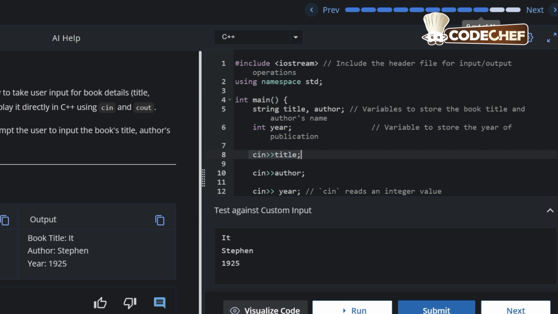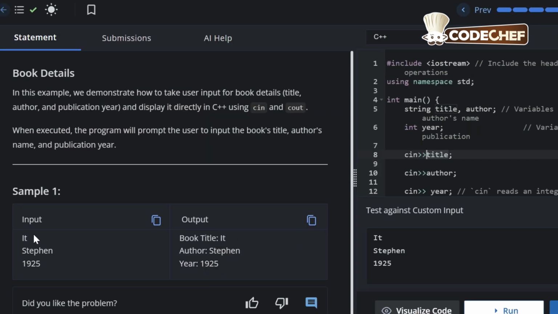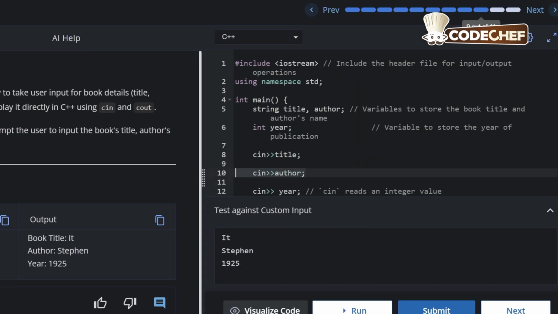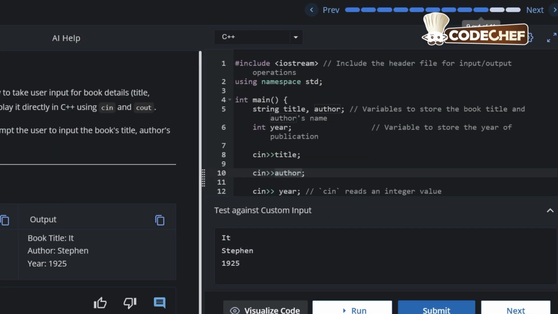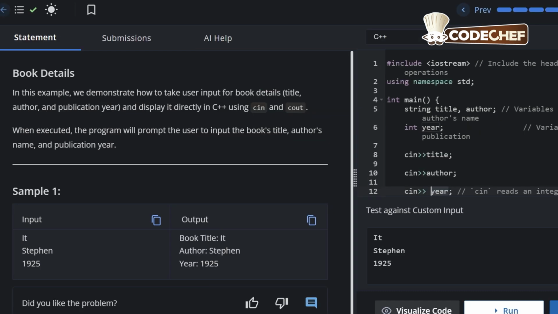Then cin extraction operator title. So first we have to give user input for the title variable which we have decided to be It. So we will write It. Then cin extraction operator author semicolon. So for author we will write Stephen. And then cin extraction operator year. For year we will type 1925